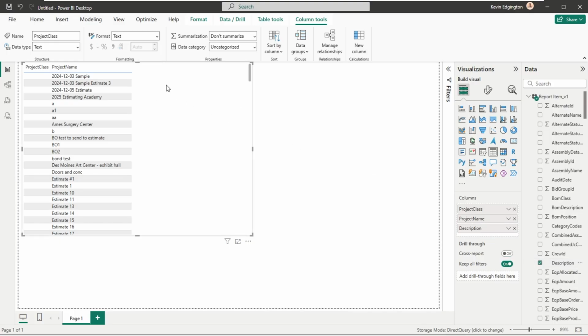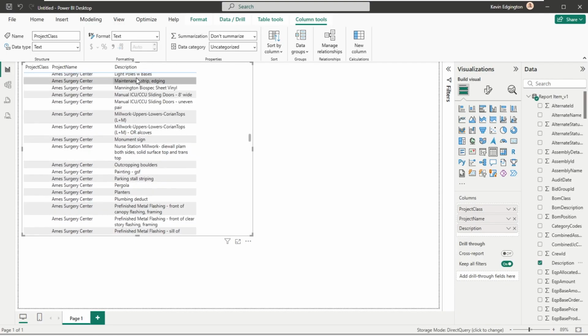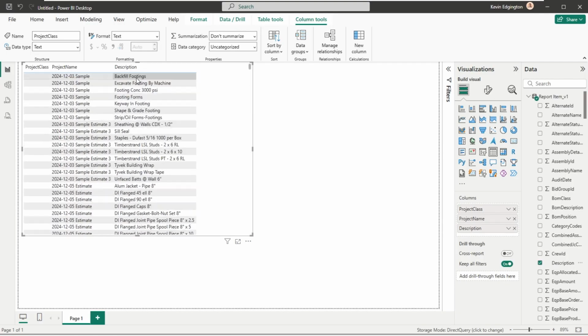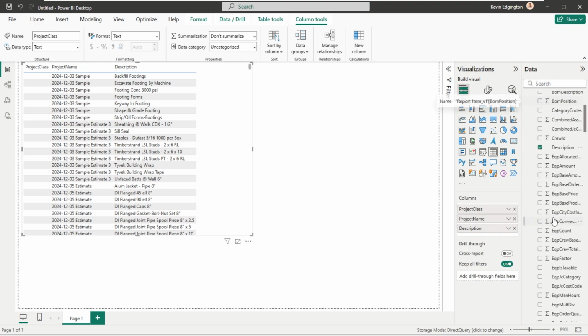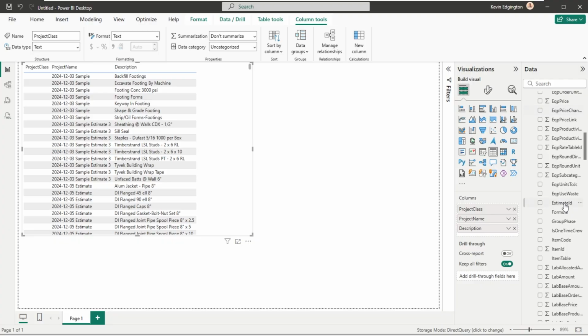So this is going to get to a lot bigger list then. So now you notice that it's just kind of grown from just the class to just my project names to every single line item in my estimates. And let's say in this case here, I was looking at material, but you could do this on whatever columns you want. Now, one thing when you're looking at the data that you do have to watch out for is you'll find things like labor amount, material amount, sub amount, equipment amount, but you may not find a line total or things like that.